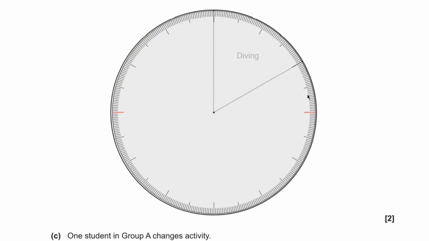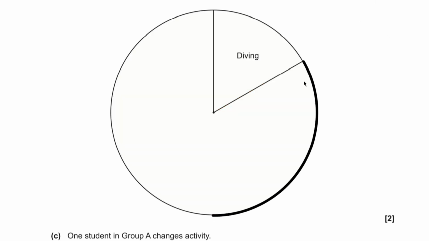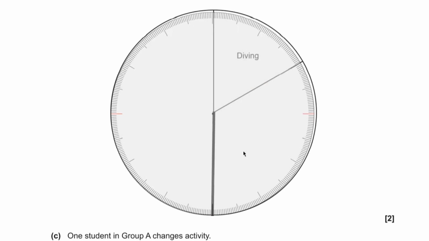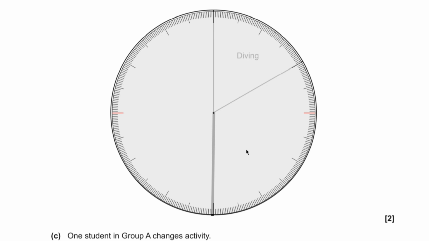So here's my protractor, and then the 120 degrees takes me up to here. And then I've got 72 degrees. So if I show where 72 degrees is,